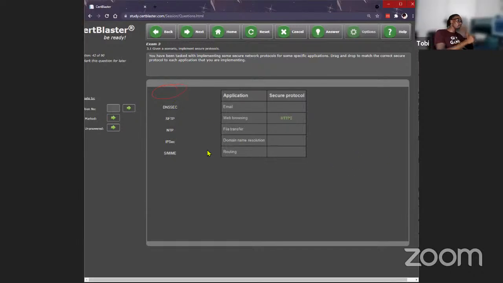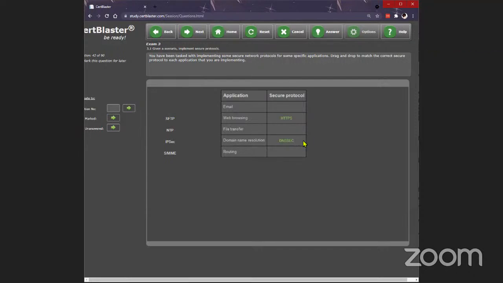All right, DNSSEC. Where do we want to put that? Number 4, domain name resolution. And what port does this use? 53. So it uses the same port as DNS.